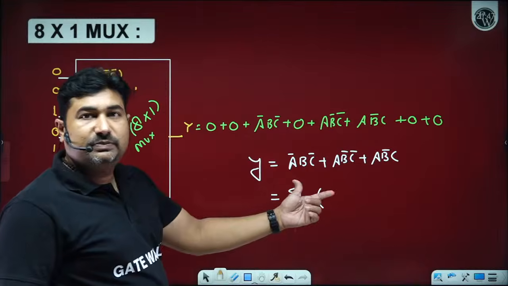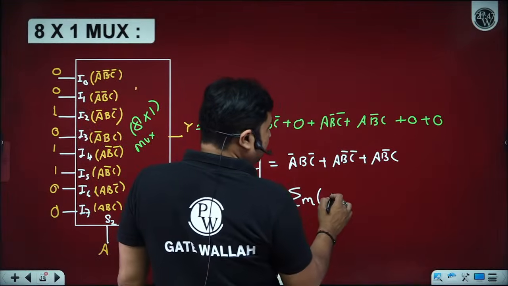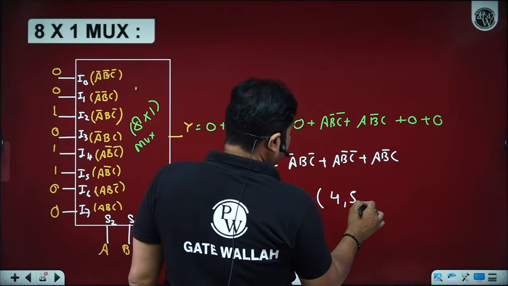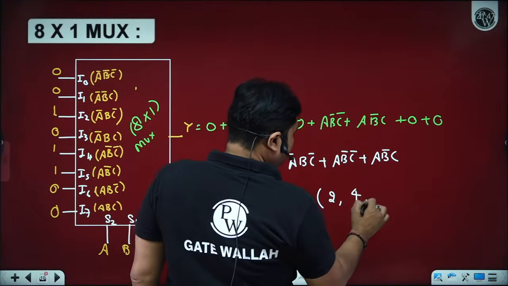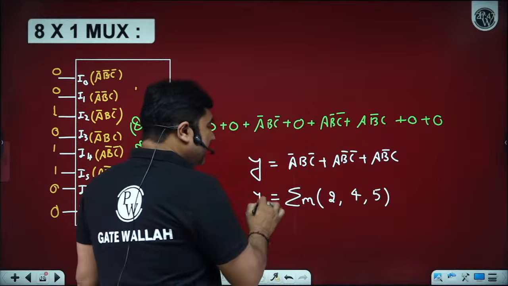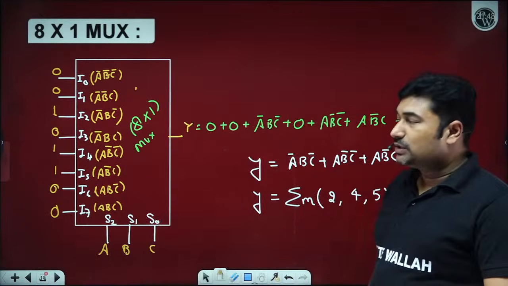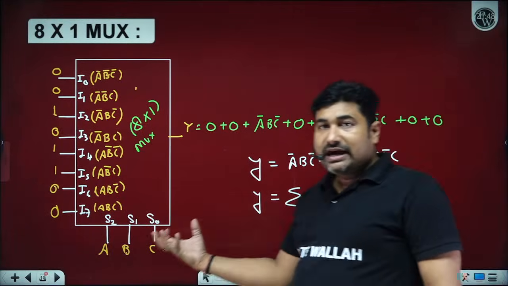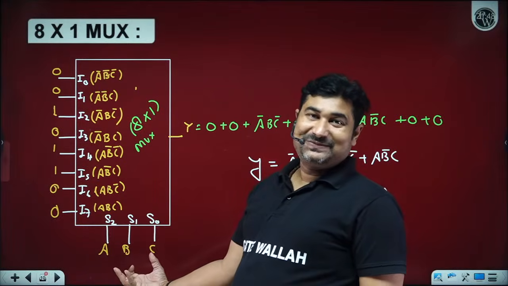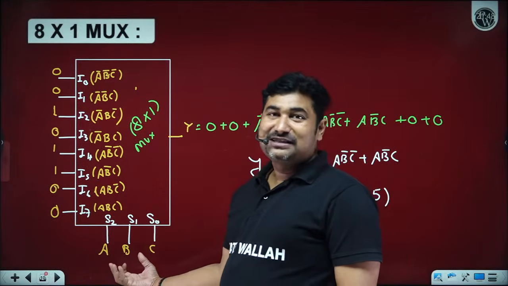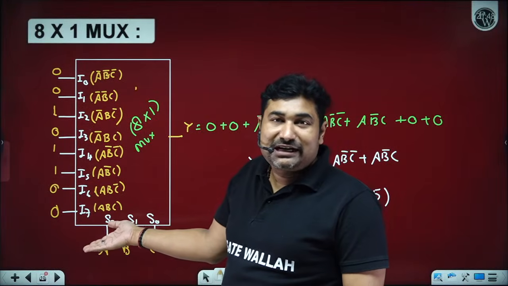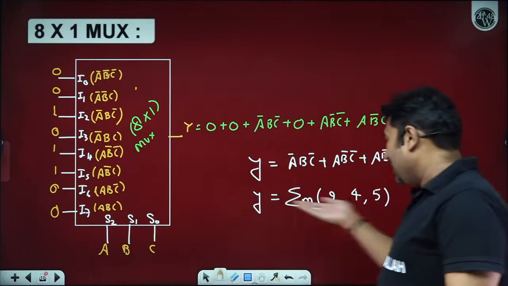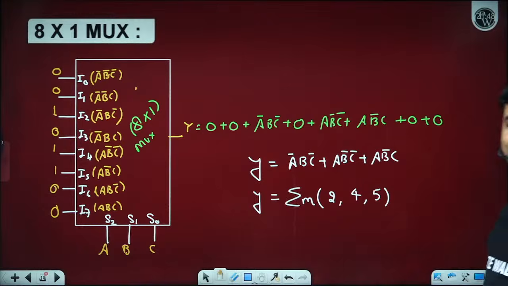What are the positions, beta ji? You can observe here, this is the binary of 2, 4, 5. It will be quite easy to identify the outputs in case all the variables are on the select line. Because if all the variables are on the select line, you can just observe what are the input lines where we are getting logic 1. So that is your output function of the multiplexer.